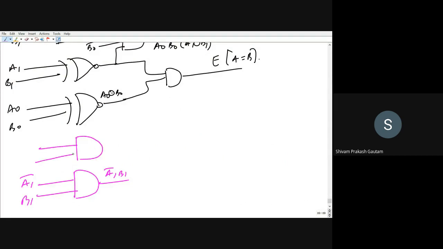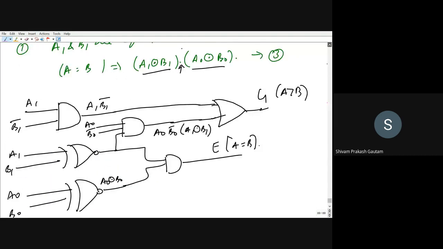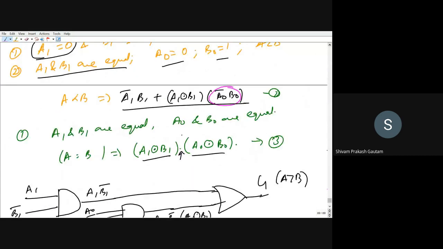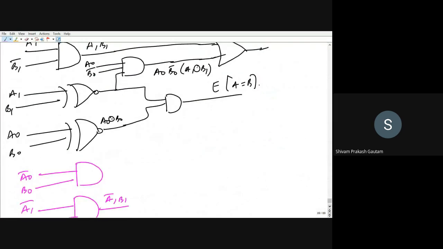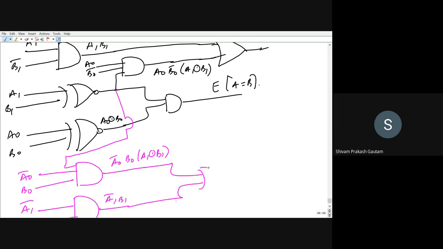So A0 bar B0, and third input to this AND gate will be A1 XNOR with B1. So A1 XNOR with B1 is here. What I can do, provide an input here. So this will be A1 A0 bar B0, A1 XNOR with B1. Both of this have to flow through an OR gate. This is the condition for less, that is A less than B.